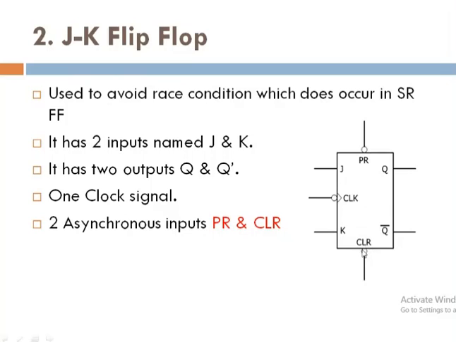If it is 0, then you can use the clear pin. If you want to set 1 as the default value when the circuit starts, initially it will take 1 as the default value if it is set as a preset value. So that is the main purpose of your preset and the clear pin.